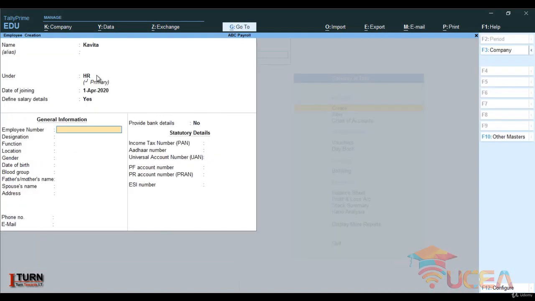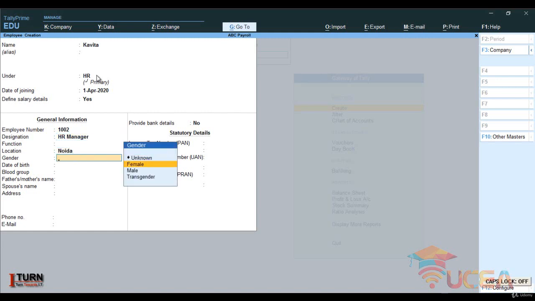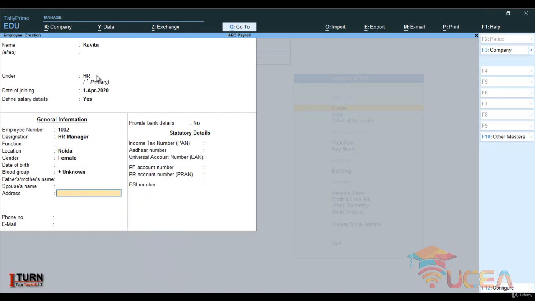Go ahead and save it. So employee code here I am giving 1002. Designation I am giving HR manager. Function, location, same, Noida, gender female, rest of the details I am not giving, and save it.